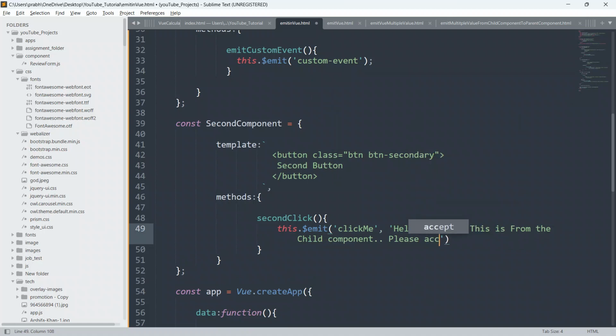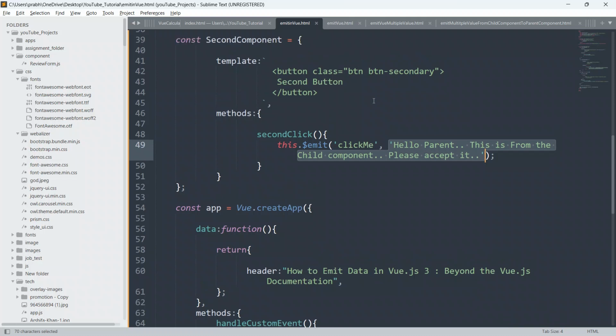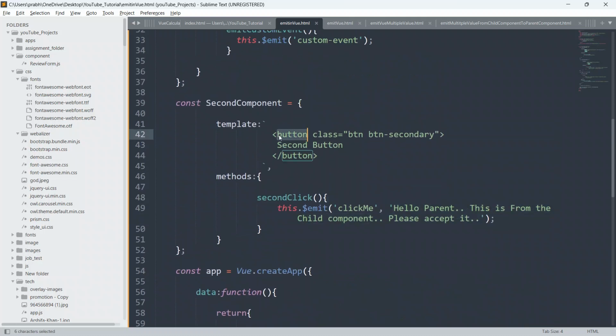In this way we are sending the data along with this custom event name to the parent component. We are sending the extra data, the payload, to the parent component whenever the user clicks this button from the child component.